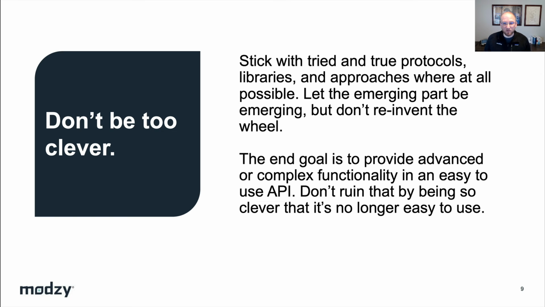There's always going to be an element of this with emerging technology, so let the emerging technology part be the emerging part and try not to go overboard with things that look or behave differently than expected. A simple example I like to go back to with regard to this is to never underestimate the performance, reliability, and scalability of reading and writing files off of a disk. In an AI application, each model will return a result, and your API will probably need to store that result for later retrieval. Now at this point, you might be thinking about standing up a database, or a document store, or a full text index, or a graph database, or something similar.